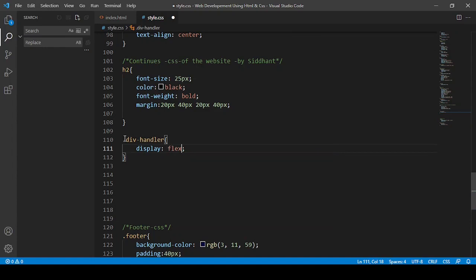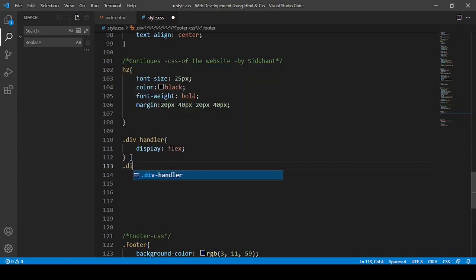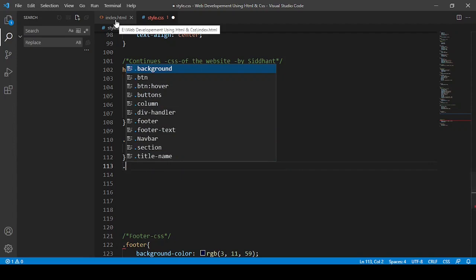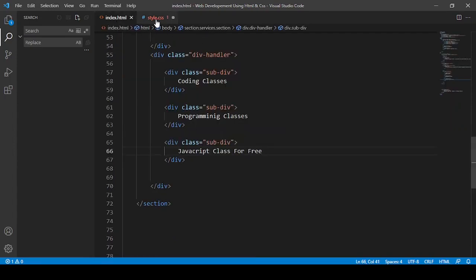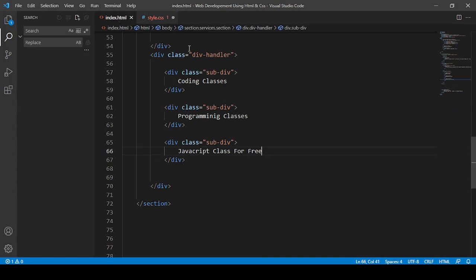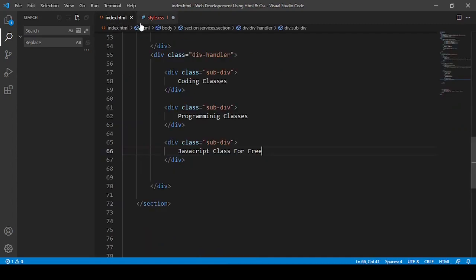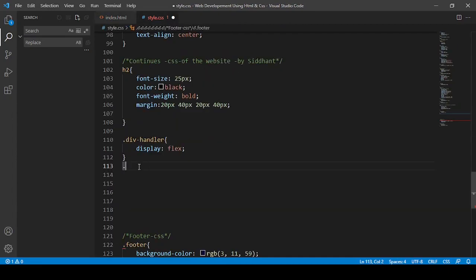Yeah, I'm going to say display flex, and then I'm going to say div, what was that, sub-div. In one there is div-handler, and in there is sub-div. So I'm going to say sub-div.